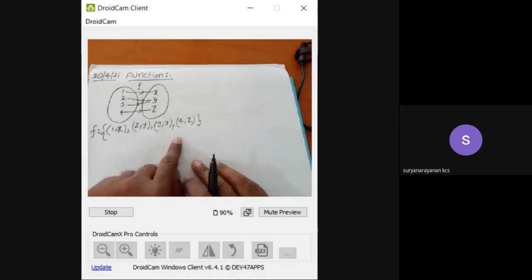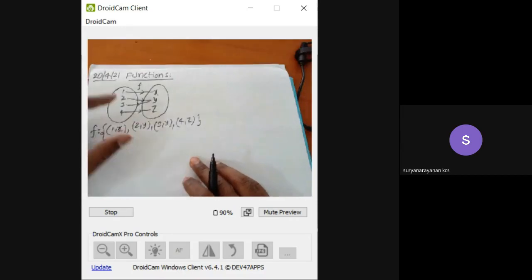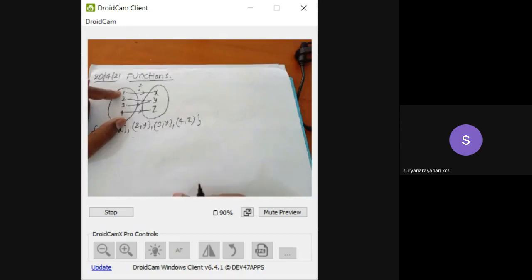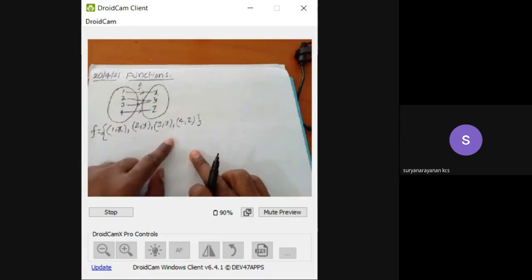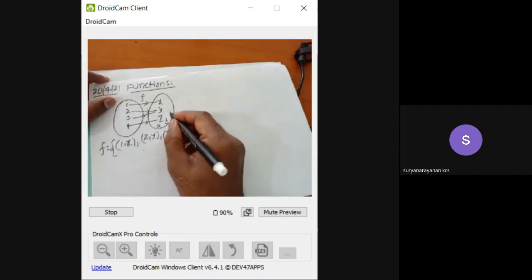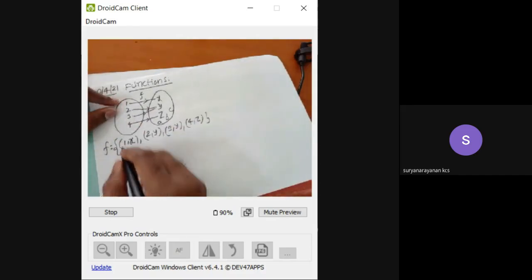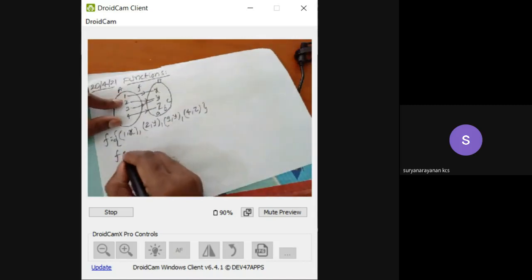In the set of ordered pairs, the set of all first elements or first components in every ordered pair belongs to the domain. The set of all first components in these ordered pairs is said to be the domain. The set of all second components in these ordered pairs is said to be the range. Okay, my children. Suppose here A, B, C also there. So for this function, let us consider this is set A, this is the set B. Then we denote it as,